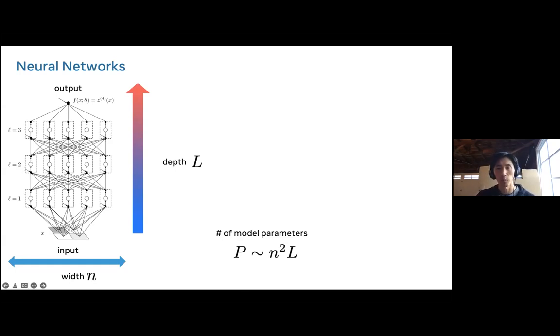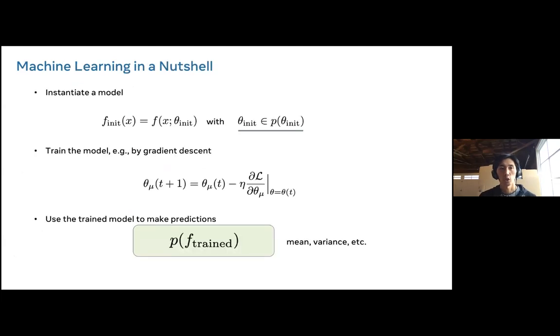And now the number of model parameters is roughly n squared times L. So n squared because you're connecting the n and n neurons in adjacent layers, and you have L of them. And in very modern state-of-the-art models, it could scale up to billions of model parameters. So those are rough numbers to have in your mind. Okay. So now that we have a concrete model in our mind, we can